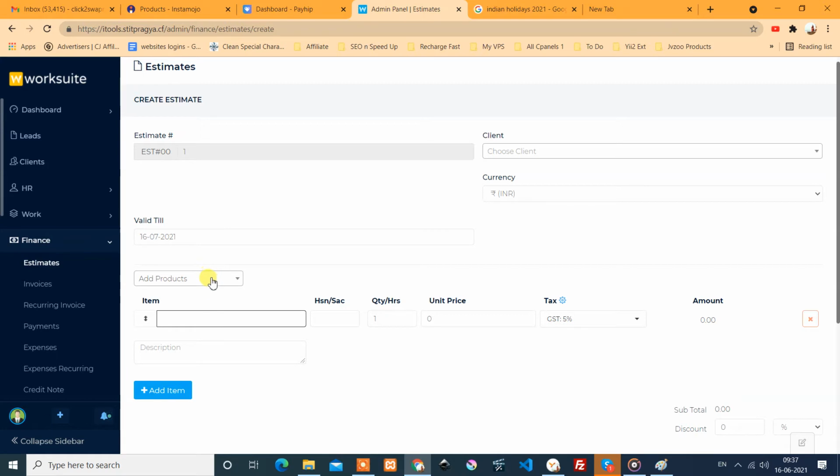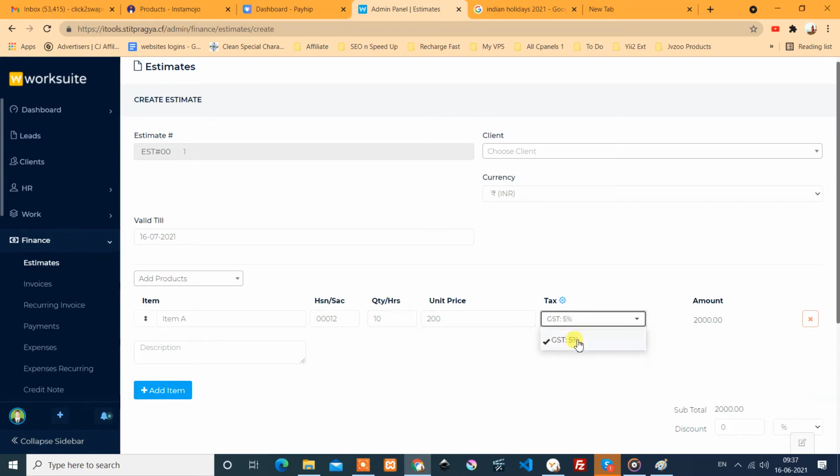Here we have to add some products also, or we can give, let's say, item A, some code, say 10 quantities, unit price is 200, GST is 5%.